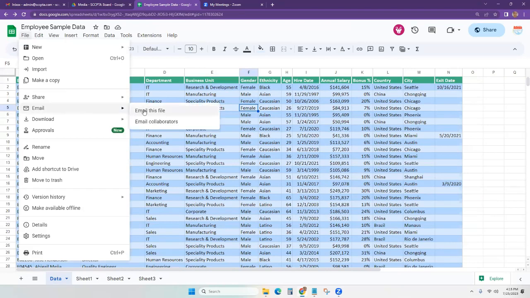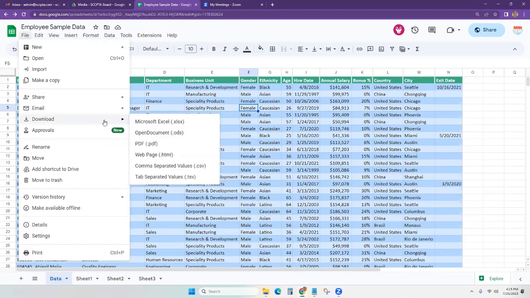So same thing, you can email the file, you can email everyone that is a collaborator on this file. You can download this as an Excel document. So let's say you're working in Google Sheets and someone really wants it in Excel, just download it right here. There's other options available, like I mentioned, there's CSV, or PDF may also be a version that you're most interested